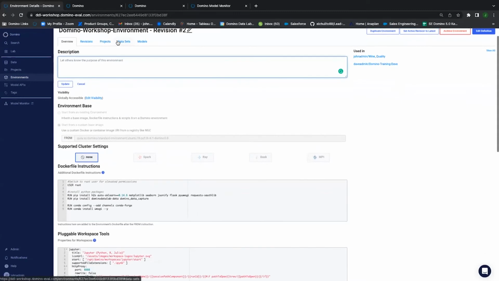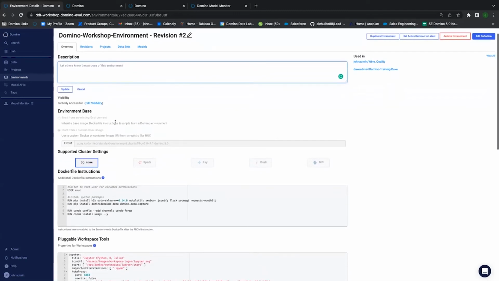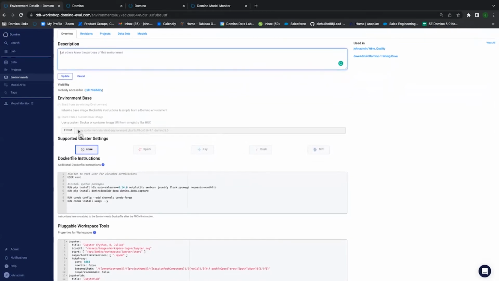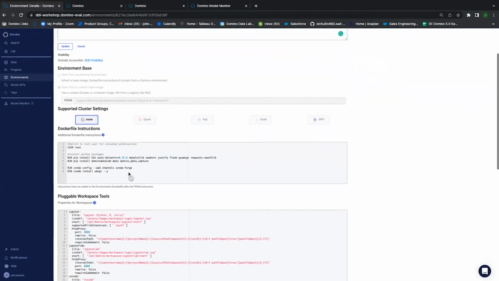You'll see here that when an environment is built either by you or an admin in your organization, depending on the permissions you have, we can provide the URI. So basically, the registry that we want to access for the image that we need. That can be a public registry, that can be a private registry. It's really up to your organization as to how they want to handle that. But for the most part, I can access images and then build on top of them with Dockerfile instructions, because again, an environment is just a Docker image.